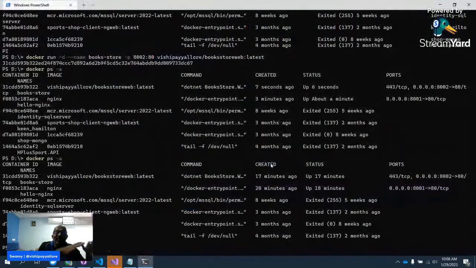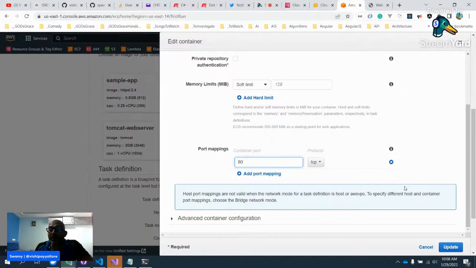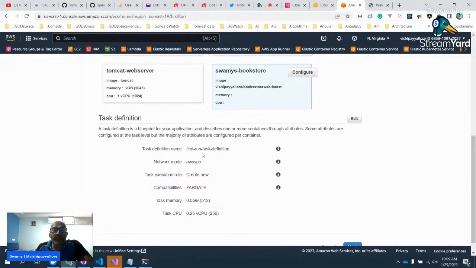So now you know what port mapping means, the host port versus the container port, and what is image, what is software bill of materials. Now you can correlate what we are doing. So that's the reason I thought that foundation will definitely help us to understand ECS and Fargate. So we have created the